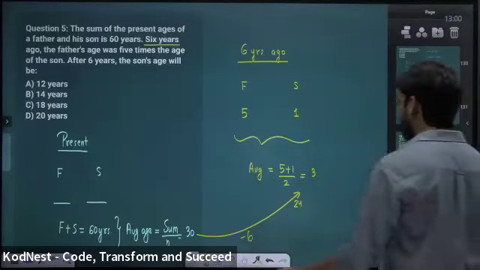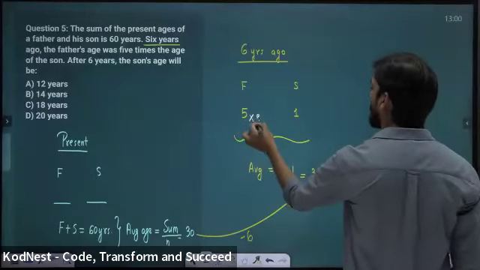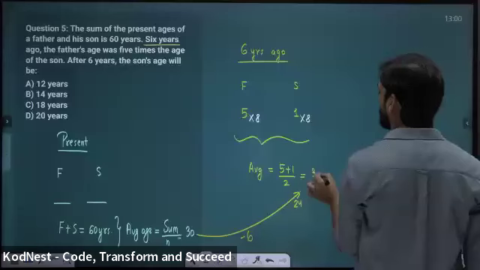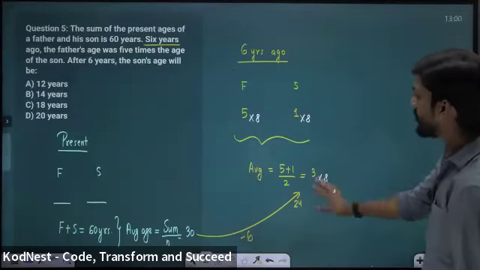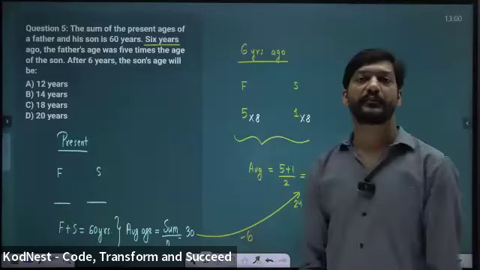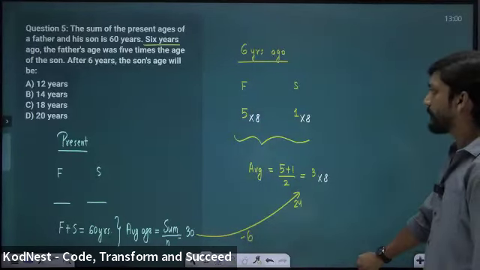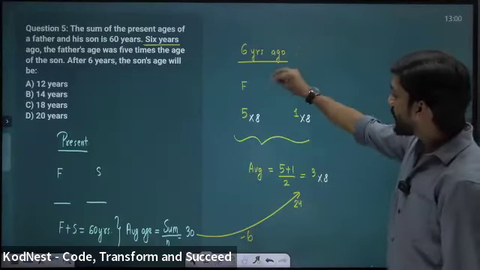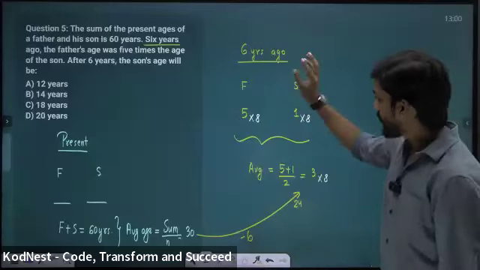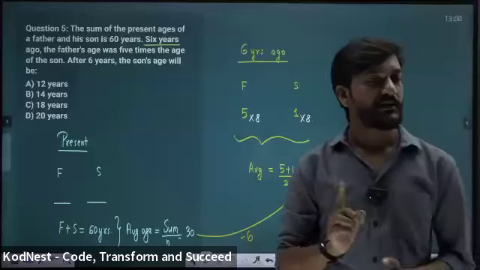So now there are two approaches. One way is multiply by 8, multiply by 8, multiply by 8. You will get 24 as the average. So everything now is correct. So let's solve first with this. All right. So 6 years ago, I am getting the ages. Father's age, 40. Son's age, 8. Which age they are asking?